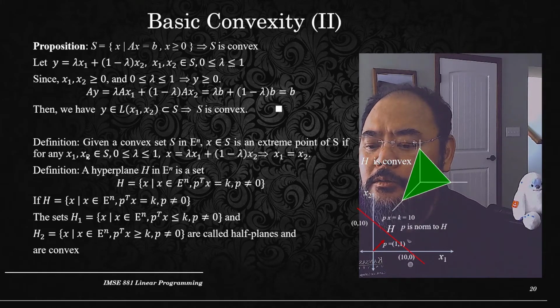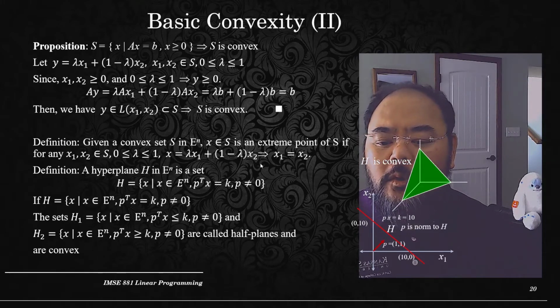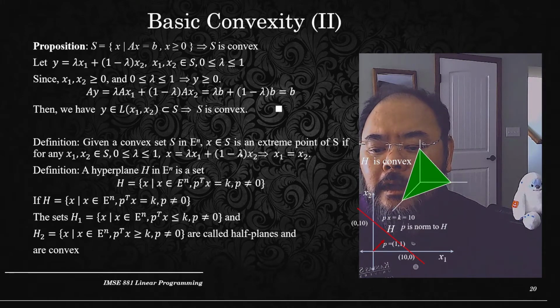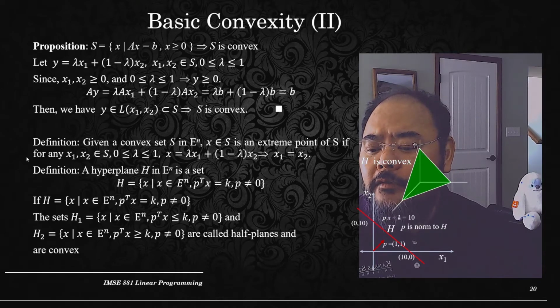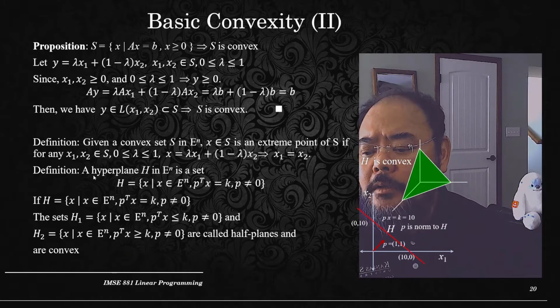So I cannot find two other points whose convex combination can represent it. Meaning, if I have a point that is a corner point or extreme point of this set, then I cannot find two other different points whose convex combination equals this corner point. So this is a fairly straightforward definition. Next, we're talking about the so-called